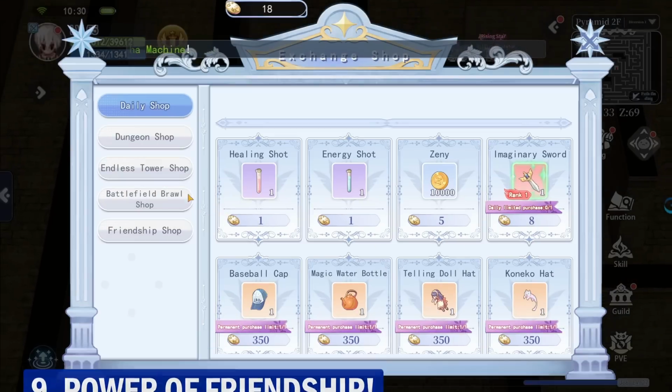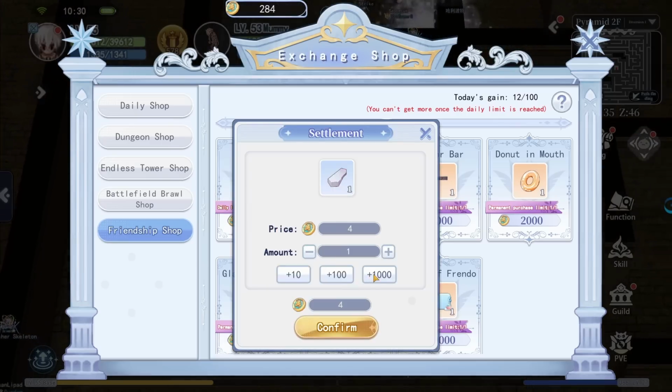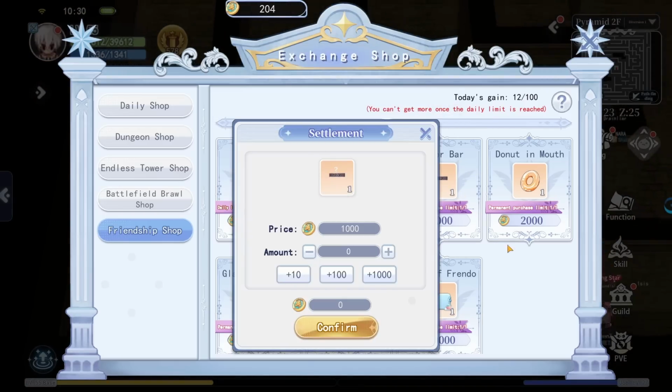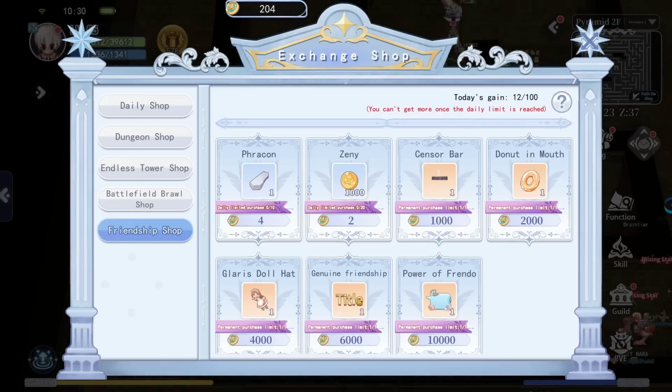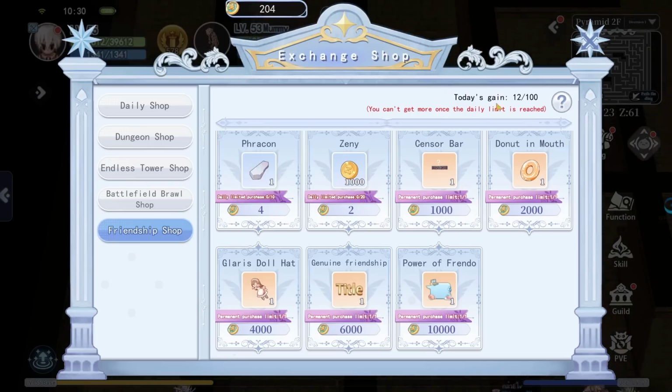Number 9 is do not ignore the power of friendship. As you can see here in the mart of the exchange shop, we have the friendship shop which has fracons and zennies for daily purchase. Then we have costumes and titles for one-time purchase. It's expensive, but you can see it here on the top right that you can get a total of 100